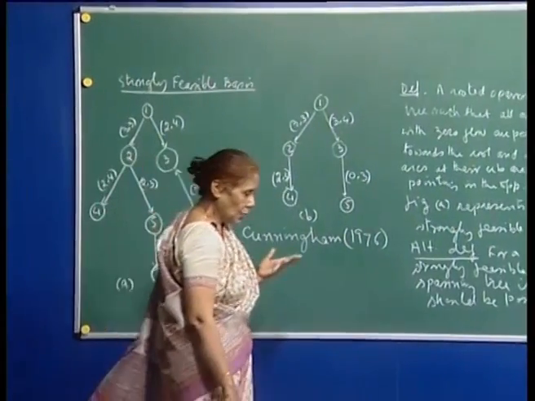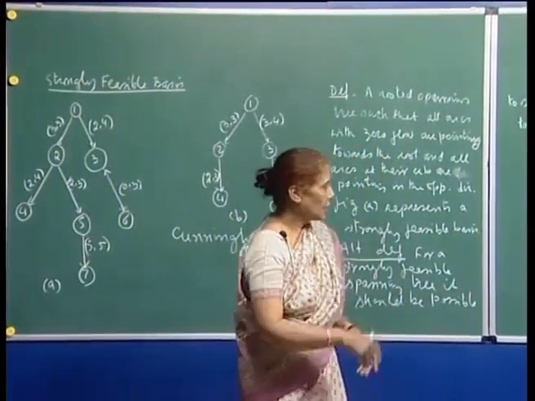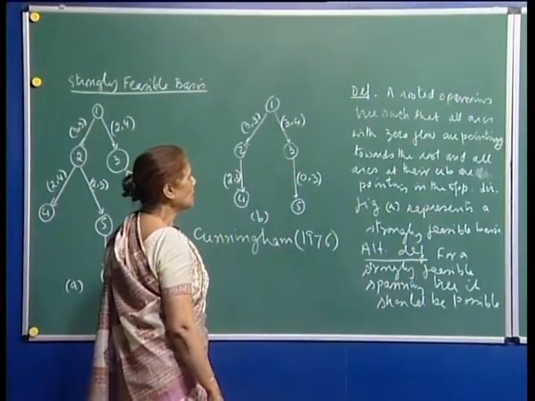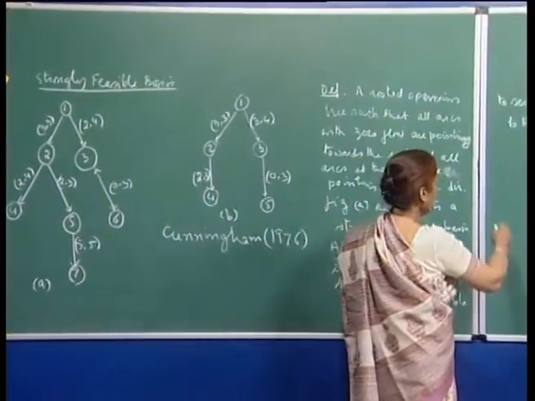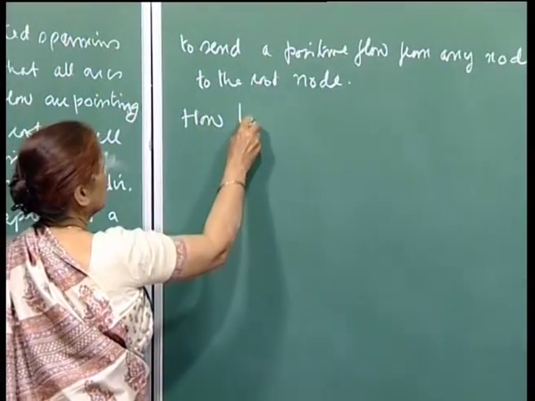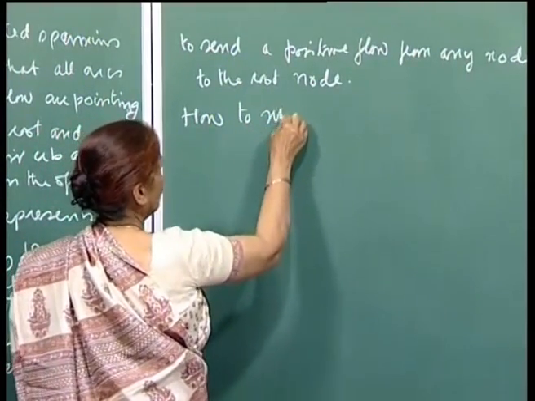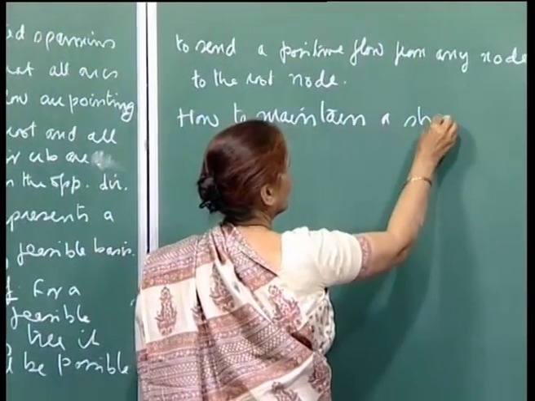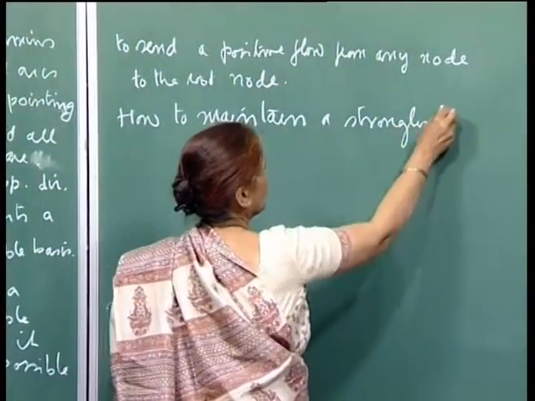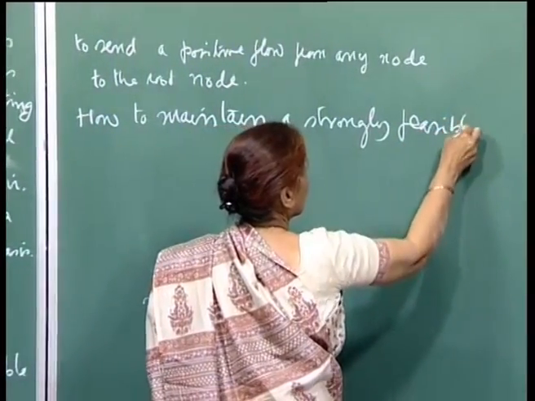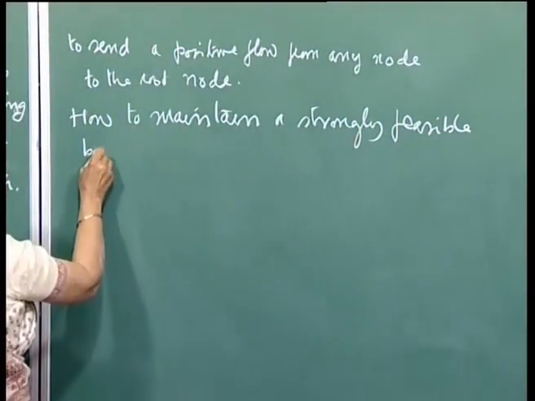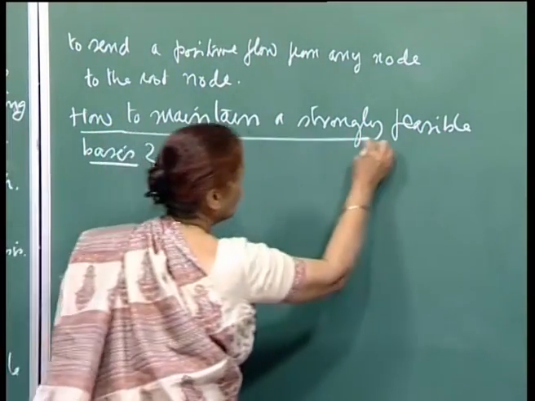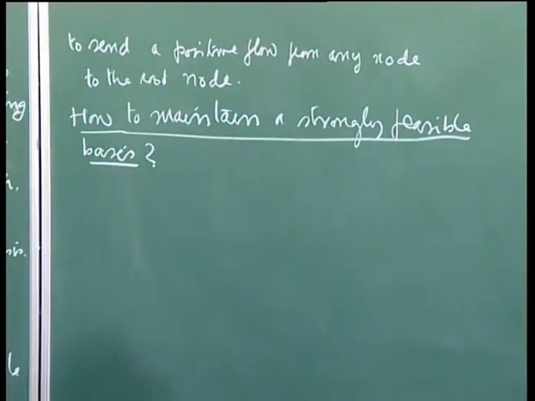Now, the second thing is, how do you maintain at every time, because if you have to bring an arc into the basis and remove an arc, then how to maintain, that is the next step, right. How to maintain a strongly feasible basis. So, the idea here is that